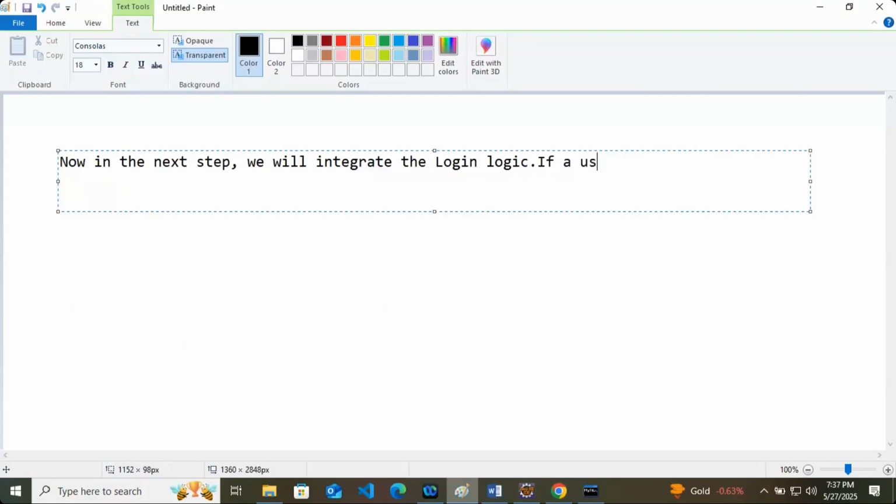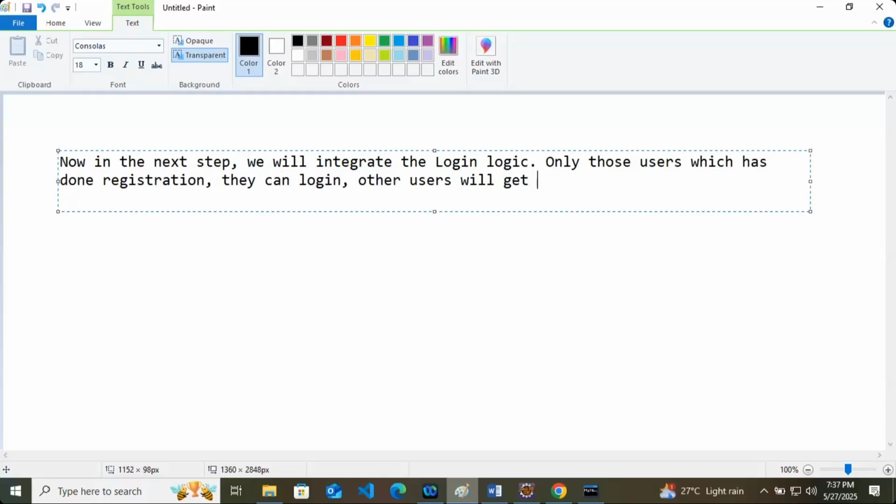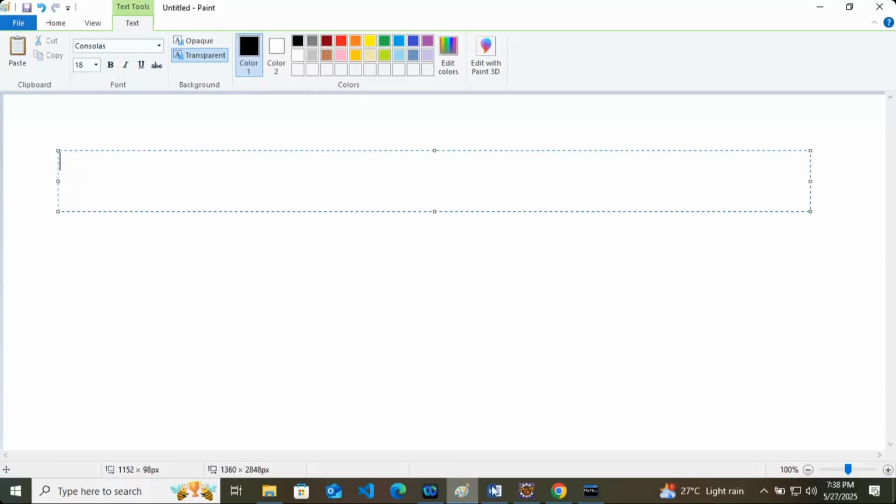Only those users who have done registration can log in. Other users will get an error page saying that you can't log in. So this is what we are going to apply here.